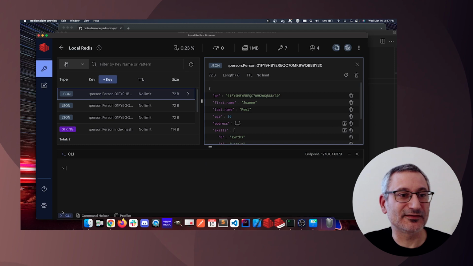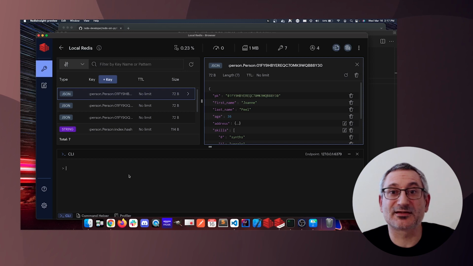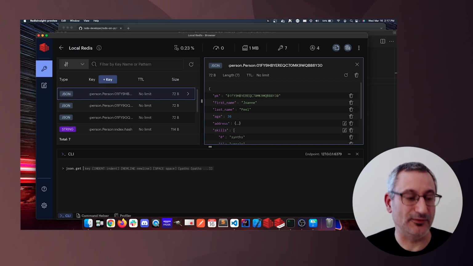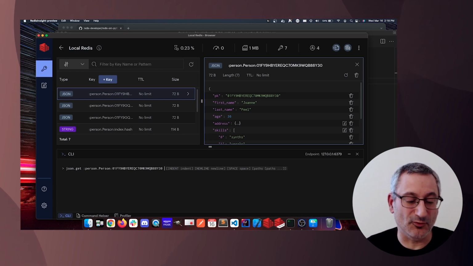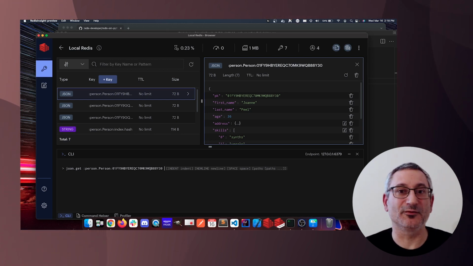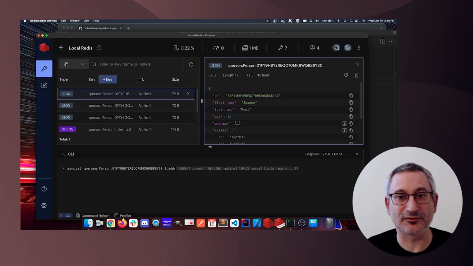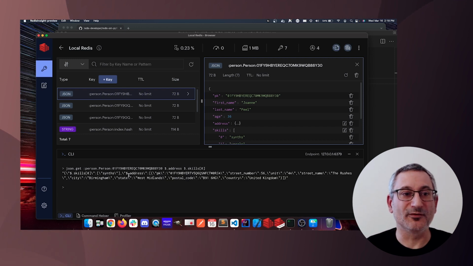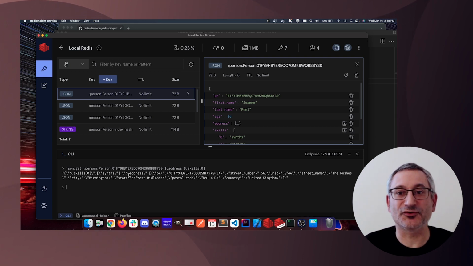And down here in Redis Insight, I've got a Redis CLI, so I can copy this key and I can run Redis commands against it. One of those is JSON.GET. So I can do JSON.GET and then the key I want to get something from, and then I can get all of the document, or I can get parts of it, which is some of the power of Redis Stack's JSON capabilities. Say I wanted the address, I can do $.address, and then I can do $.skills, and say just get me the first skill. And then what comes back is the first skill for JSON Peel, which is synths, and